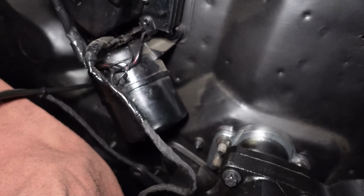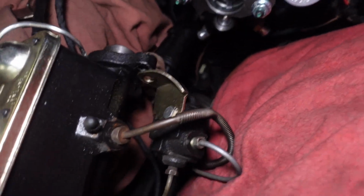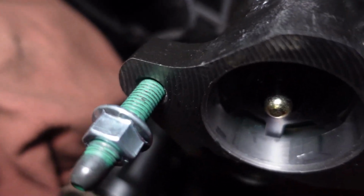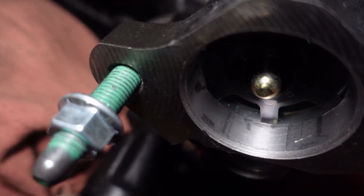Okay, so let me grab these tools and then we will talk about it. So another thing you need to be mindful of is, do you see how this push rod sticks out? Because that is what actually will interact with your master cylinder. So you see this hole in here,